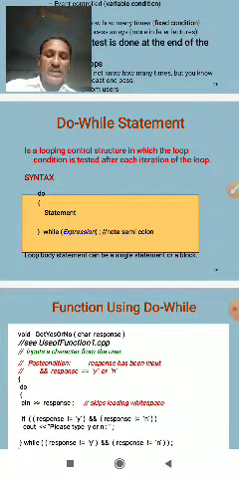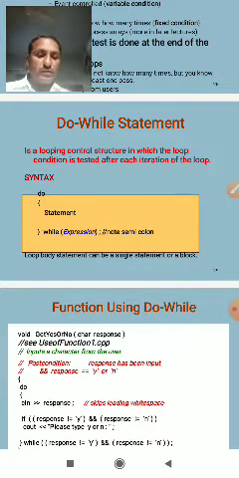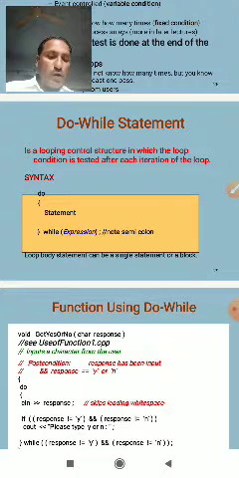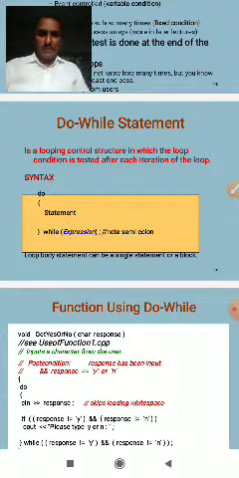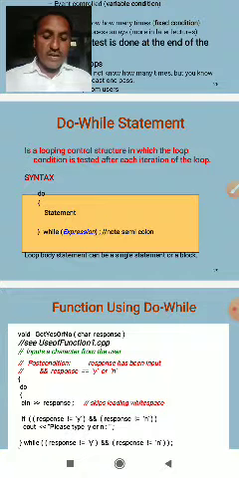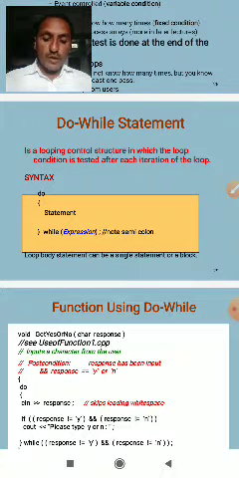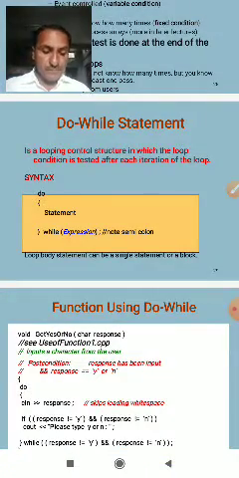When the test condition becomes false, the body of the loop is no longer executed. The test condition takes the value true or false. Control transfers out of the loop statements, and the program continues with the statements immediately after the body of the loop. Give a natural number and print the statements. This is the body of the program.